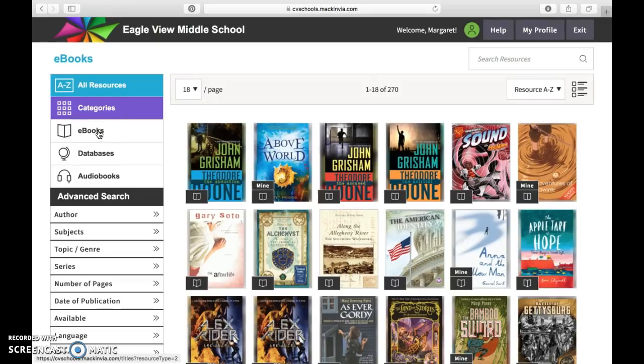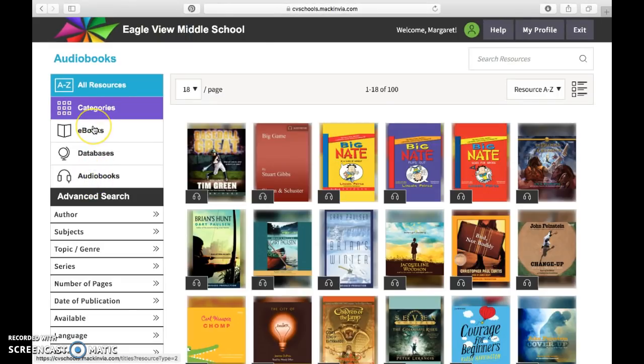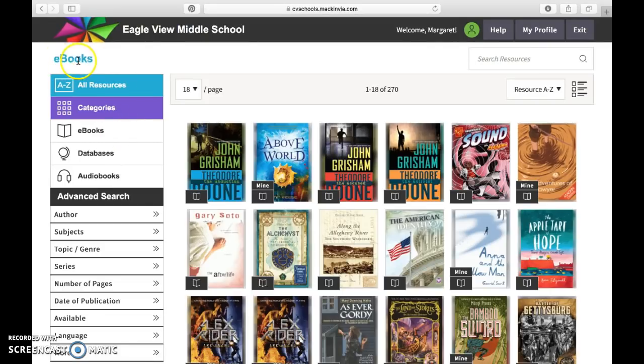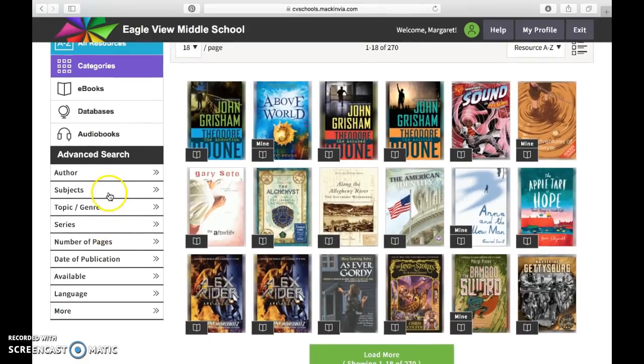Again, you're probably not going to want to search everything at once. You're probably going to know ahead of time whether you want an ebook or an audiobook. And I'll look up here to make sure that it has the right thing you're looking at, or check the icons. But say you want a particular genre, a particular subject,